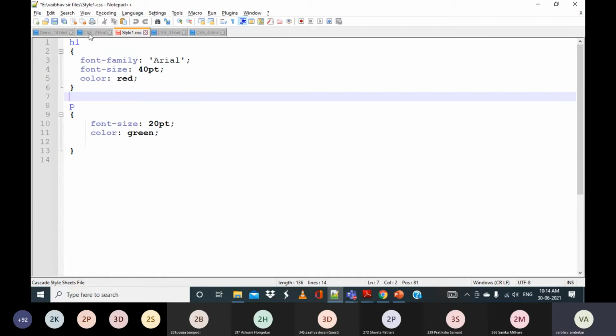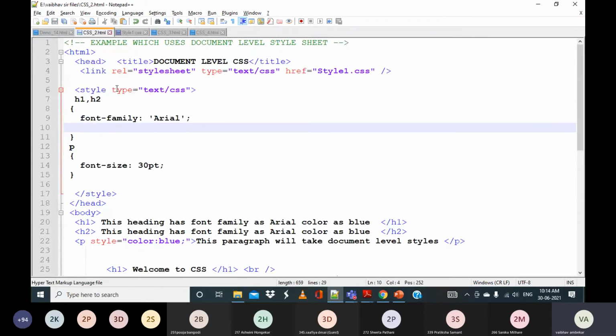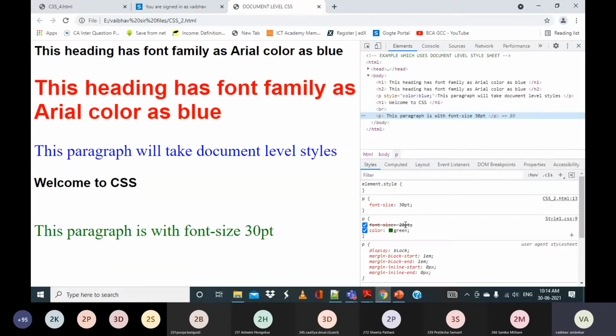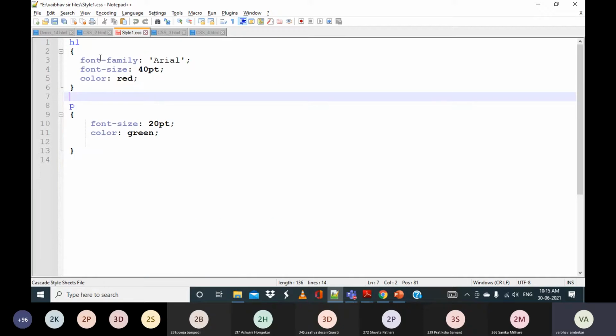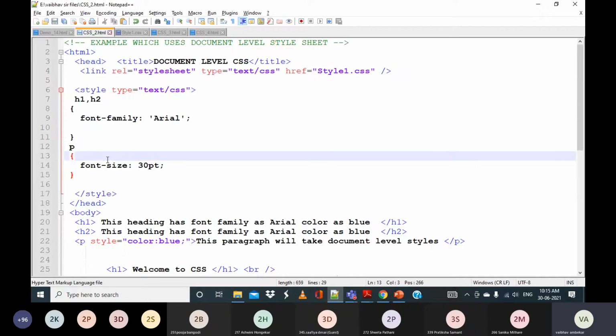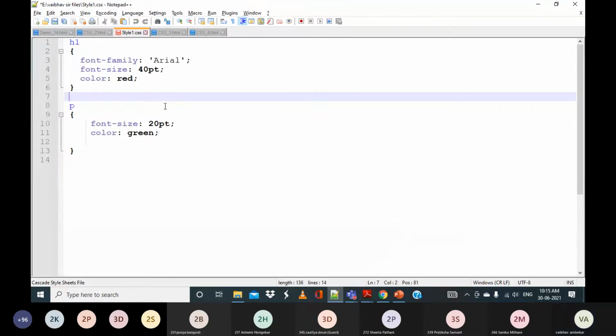This is the external level. But at the document level, we have mentioned the font size as 30. So it is telling that higher priority is given to the document level, and here we have the external level. In both ways we have the font size, but the document level will override the external level.